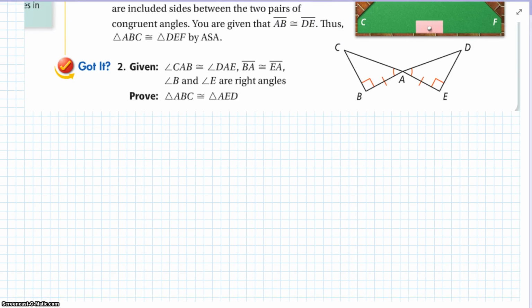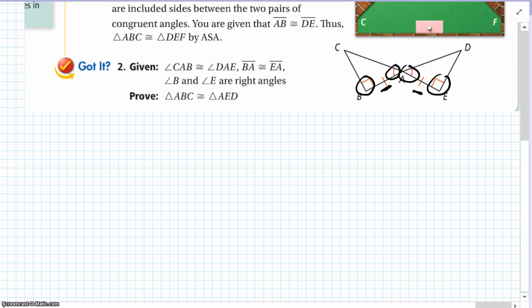Can we prove these two triangles are congruent? Given angle CAB is congruent to angle DAE. We are also given segment BA is congruent to EA, and angles B and E are right angles. So I have angle, side, angle, congruent angle, side, angle. So I have it concluded. So easily enough, I can say triangle ABC is congruent